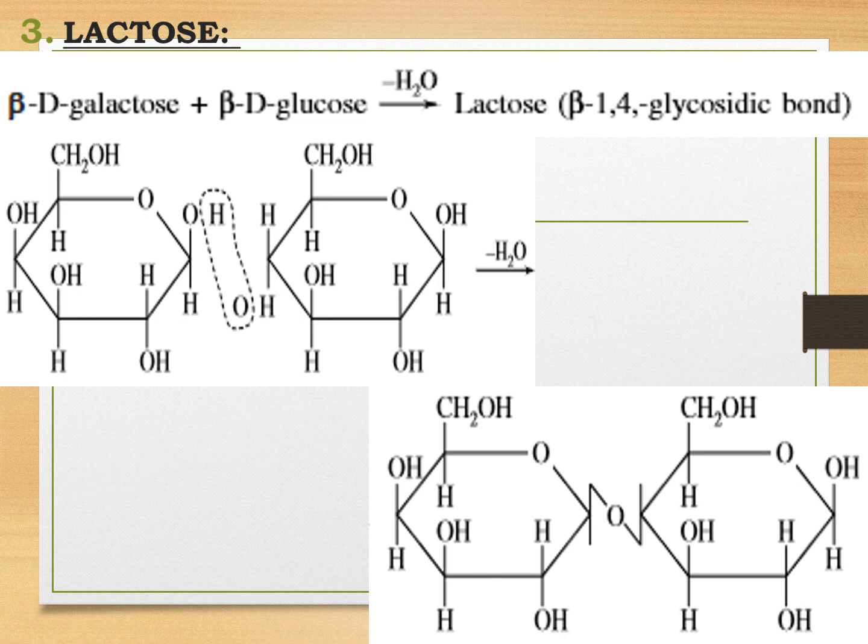Okay, so students, the water molecule is being removed. After heating, the removal of a water molecule takes place, and it results in the formation of a glycosidic bond. As the bulky groups were on opposite sides, that is why it is a beta. And as the first and the fourth carbon atoms of the respective molecules are involved in this glycosidic bond formation, that is why it is called a beta 1,4 glycosidic bond.